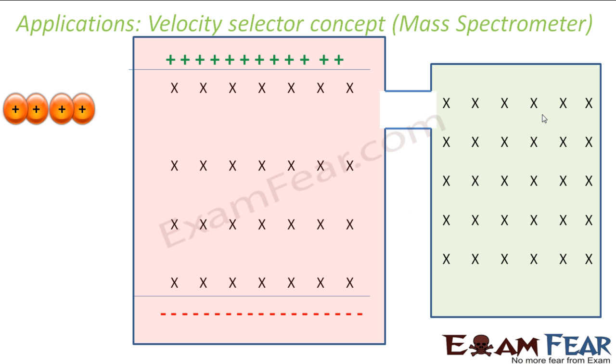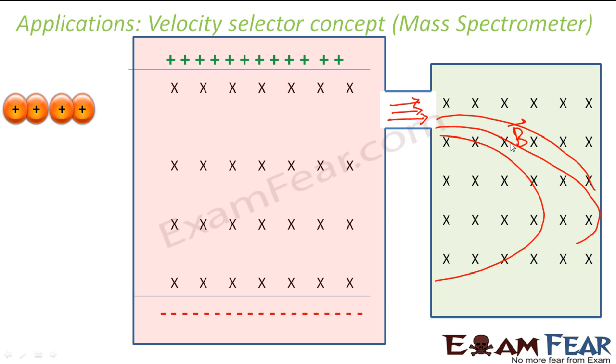This is your mass spectrometer basically, where you apply some magnetic field B, and you let some charged particles come in, and the charged particles get deflected in this magnetic field. The charged particles get deflected in different ways. Some get deflected like this, some like this. So they all get deflected with different radii of curvature. Now using the same concept, that is R = mv/qB, it calculates the mass, that is m = rqB/v.